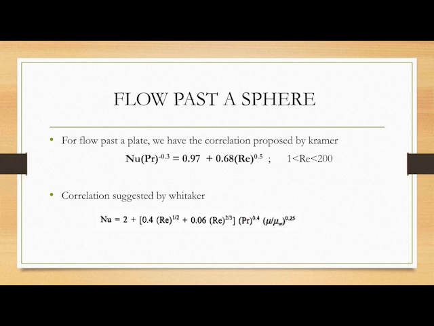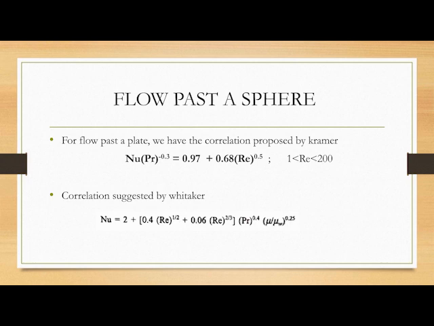So basically Reynolds number determines the kind of flow, whether it's laminar or turbulent or transition flow. So according to the kind of flow, we use the correlation. So here the required condition of Reynolds number is this.